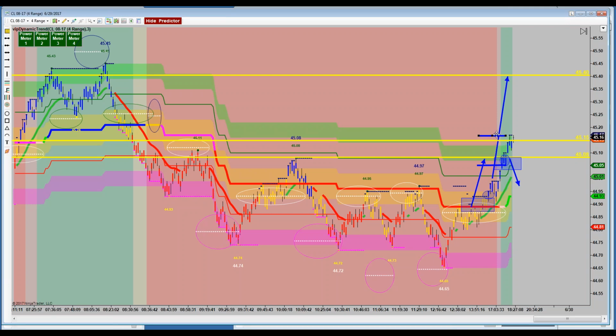So it's a judgment call. And in a lot of cases, you have to look at where the swings are. You have to look at where support and resistance are and make a little bit of judgment calls. And sometimes you have to react and move things on the fly. And don't be afraid to get out quickly.